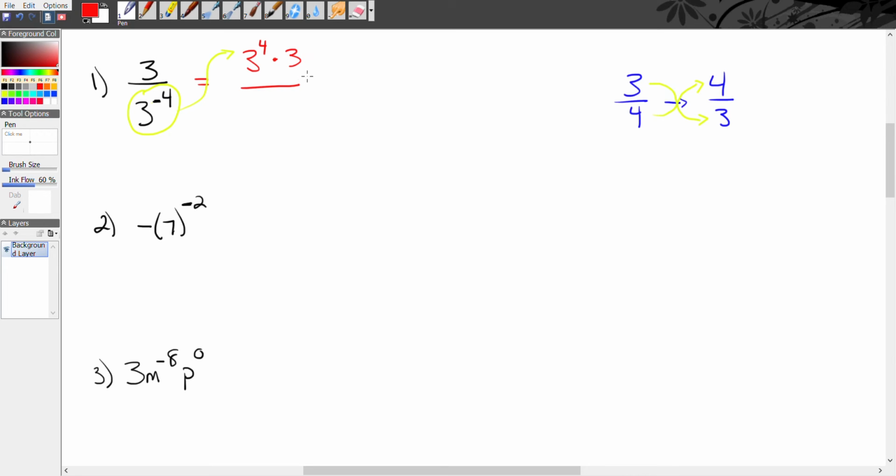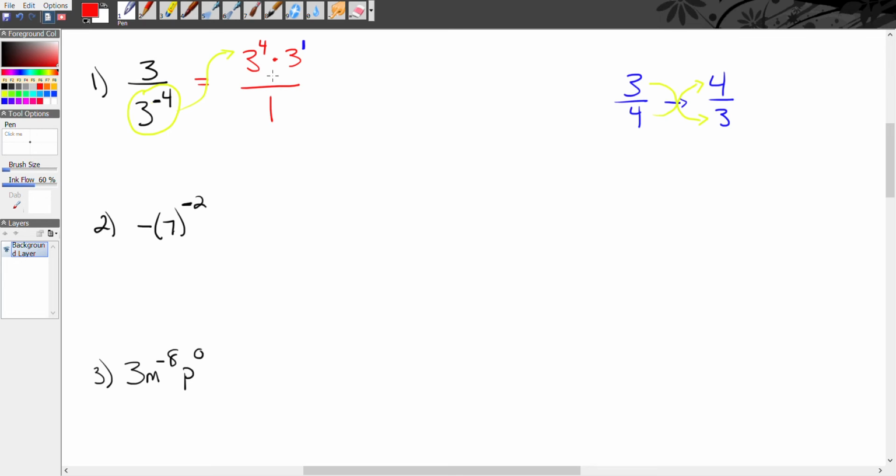Now, does this 3 have an exponent? Yes, it does. When you don't see an exponent on a term, there's an invisible 1 there. It's important to make sure that you recognize that. And what's on the bottom of this fraction? Well, on the bottom of this fraction is a 1. So now I can evaluate 3 to the 4th power times 3 to the 1st power,